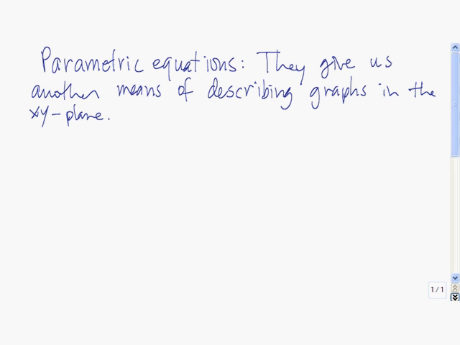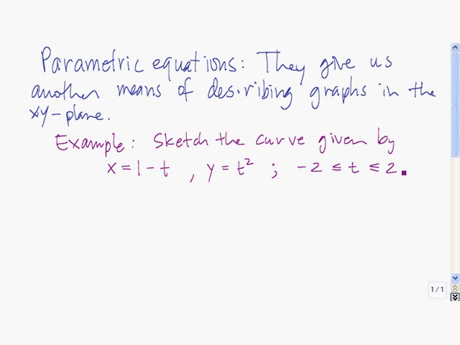So parametric equations are just another way of describing graphs in the xy plane. Only as the examples show, they give us a lot more information than just the equations that involve x and y alone. Let's do an example to see how they work. So let's sketch the curve given by x equals 1 minus t and y equals t squared for t going